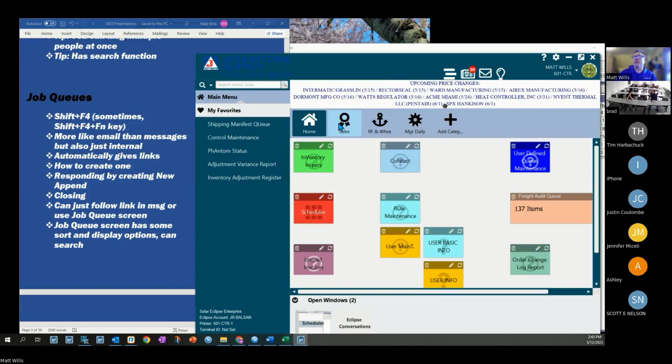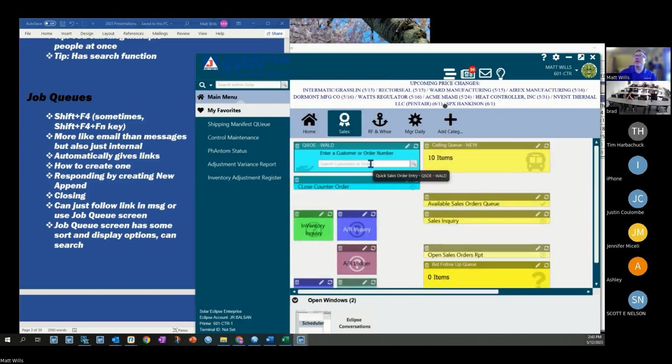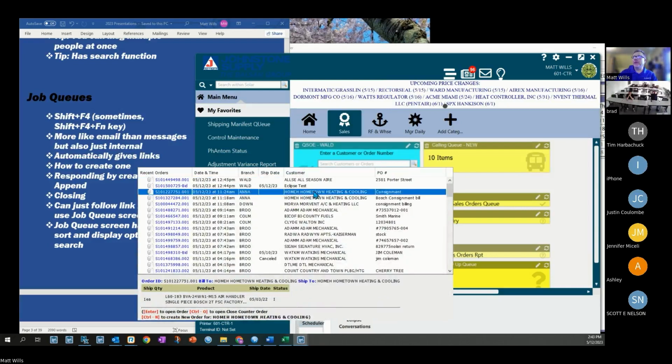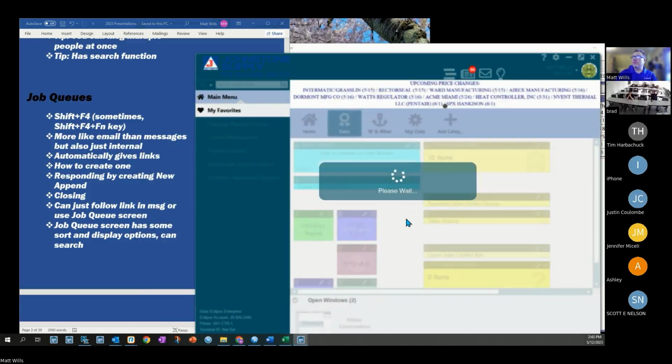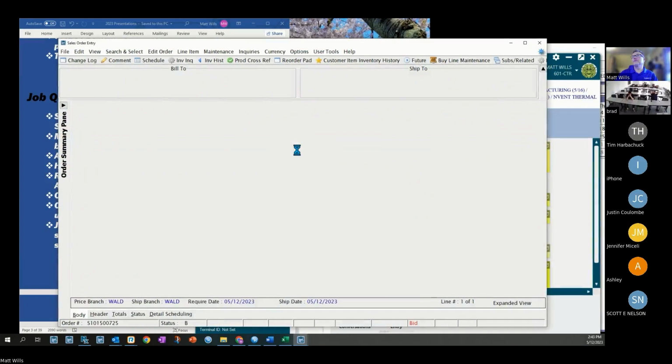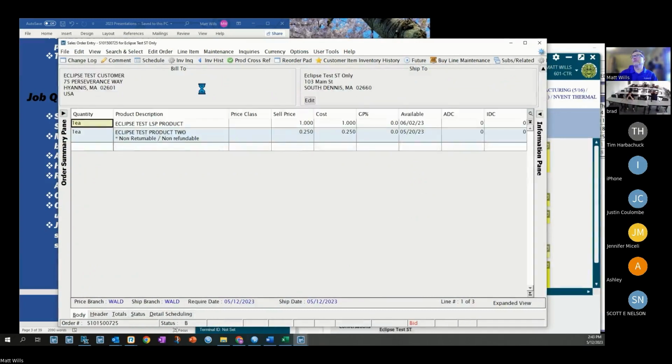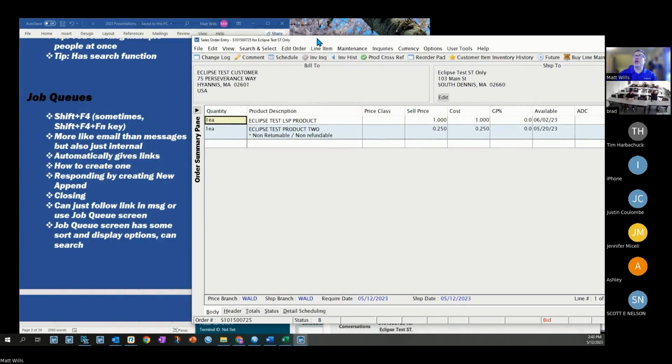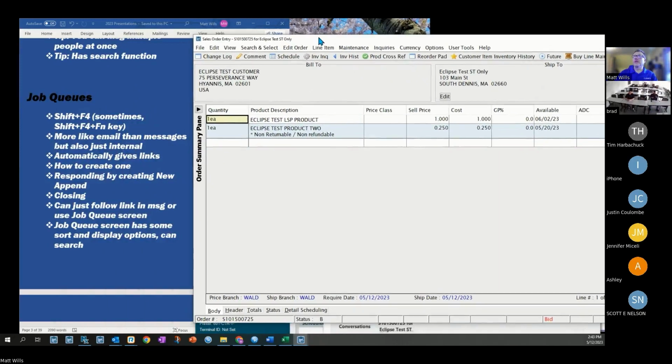So you can really job queue throughout Eclipse: purchase order, sales order, transfer, inventory adjustment, customer maintenance, probably some other places I haven't even thought of. But let's just pretend we're in a sales order, or actually a bid. So if you want to send the job queue to tell somebody about this sales order or ask them to look at something on this sales order, then usually